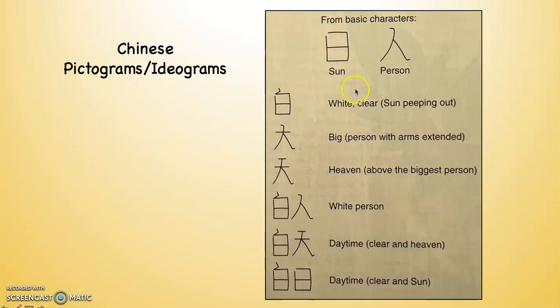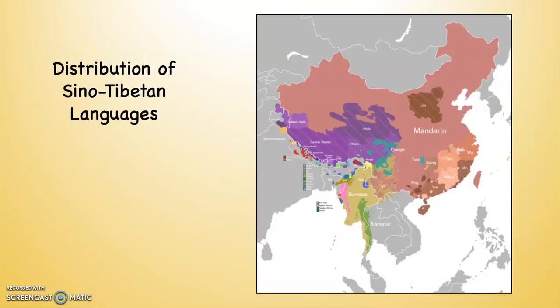It would be something like this. If you can see here the words white and clear. If I wrote those words down in English as they are in English, and then I handed it to someone who spoke Spanish, they would be able to read those words even though they do not speak English at all, but they would pronounce them radically differently. And then they could hand those same two words written down to somebody who speaks French, and they would be able to read it. And then somebody who speaks German, and they would be able to read it, even though all of these people would be pronouncing these words very differently.